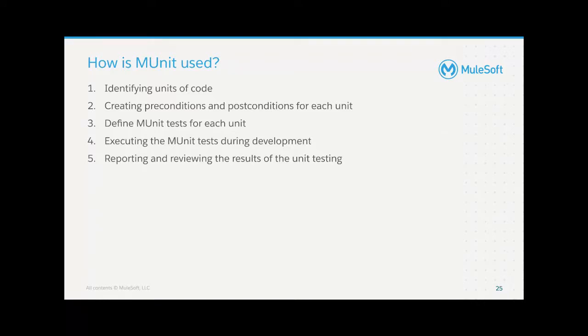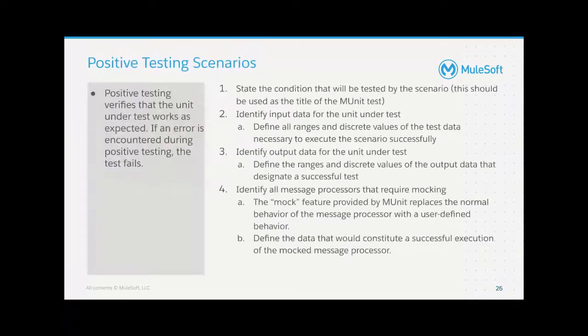It goes through that. I want to go through two scenarios of testing. Usually, lots of people do the positive testing, which is the standard. Positive testing is testing the successful path of my application. I'm going to state the condition to be tested. I'm going to identify the input data to be tested. I'm going to define the range of values of the data that will execute the scenario successfully. I'm going to identify the output range of values that will be a successful output for the application